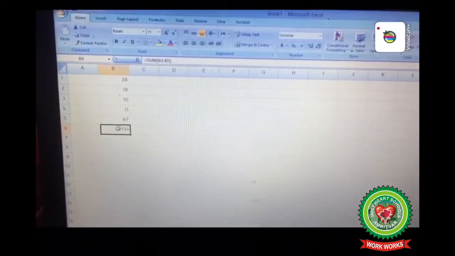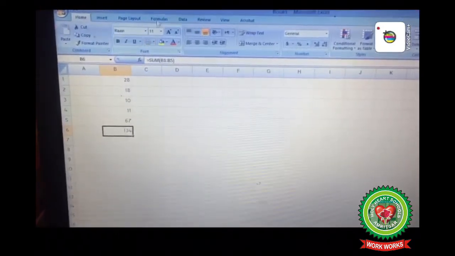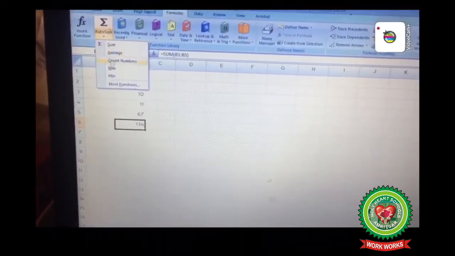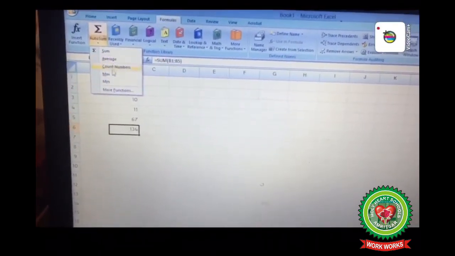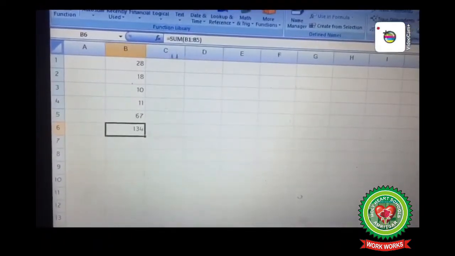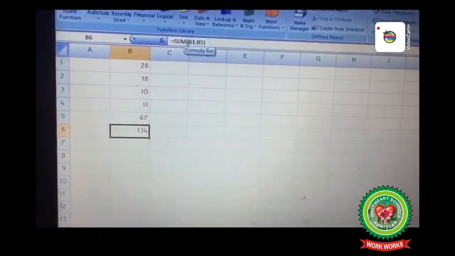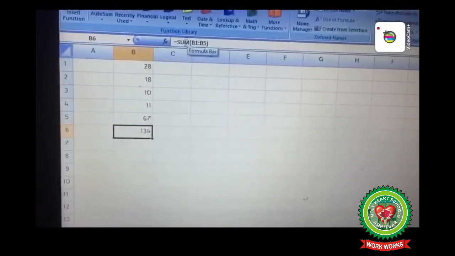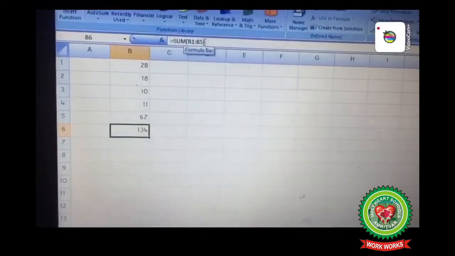Second thing, the function name, that is Sum, Average, it should be a valid one. In the Formulas tab, you can click the drop down arrow under the AutoSum. You will see the names of functions here. So the name of the function we use will be a valid one, that is Sum, Average, Count Numbers, Max, Min. Third thing, the arguments like B1:B5, these are the arguments that always come in between the parentheses. So the formula will be equals to SUM, then bracket start B1:B5, and then it is closed.